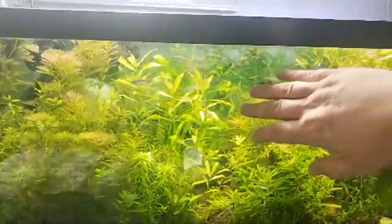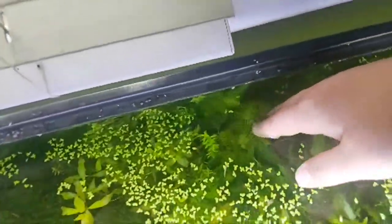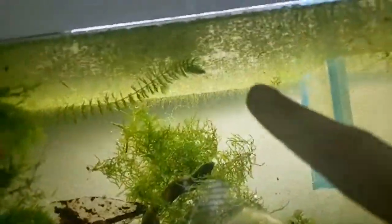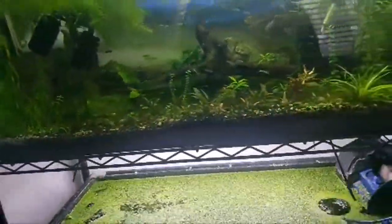So it kind of lights up that back area a little bit where all the moss and stuff is. Same with this tank though. I'll take this moss that's in here and these floating plants, the kabamba, the Christmas moss, the Java moss, the hornwort. I'll throw it up here and we'll just wait with no fish in here, just shrimp. And all of a sudden, a month later I'll start seeing all these itty bitty fish and life forms swimming around, and once I figure out what they are,